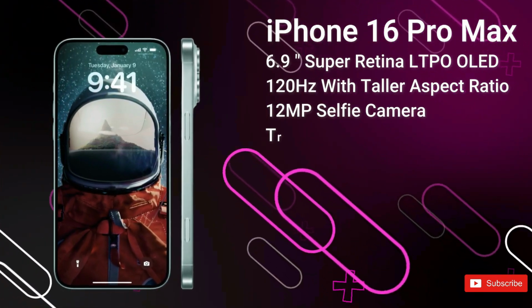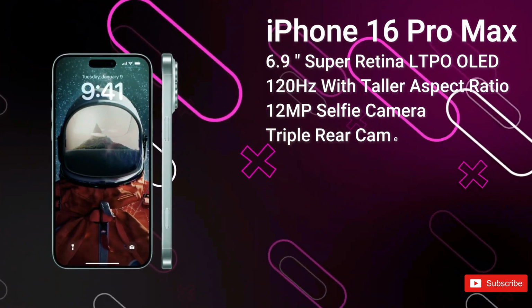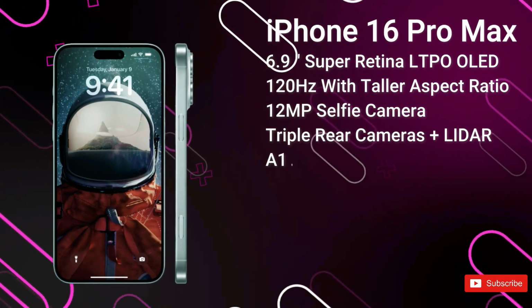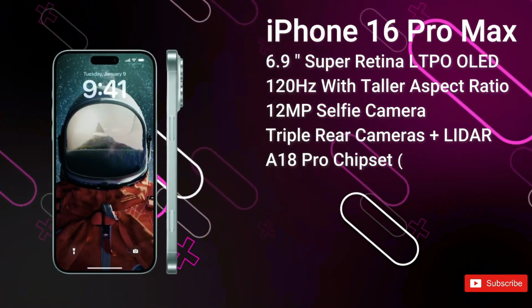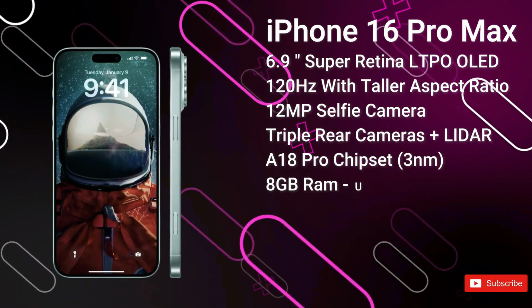Then on the rear, we've got a 48 megapixels primary camera, a 48 megapixels ultra-wide, and a 12 megapixels tetraprism camera with 5 times optical zoom. It's powered up by the A18 Pro chipset. It comes with 8 gigs of RAM and up to 1 terabyte of storage, and it's powered up by a